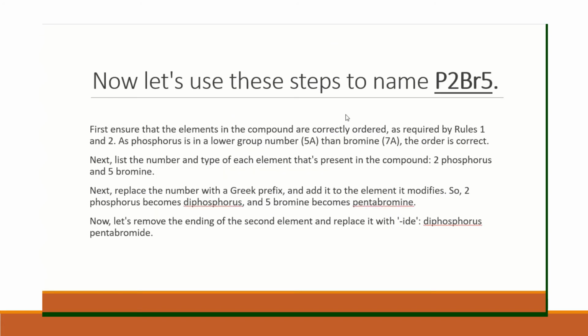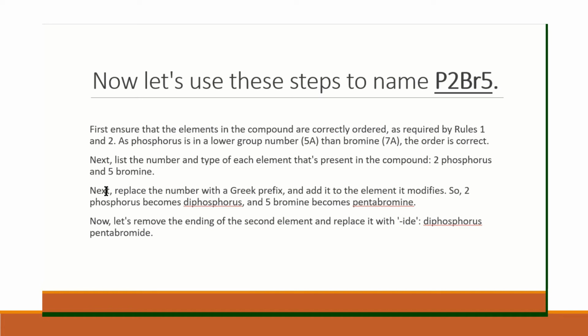Now let's use these steps to name P2Br5. First, ensure that the elements in the compound are correctly ordered as required by rules number 1 and 2. As phosphorus is in the lower group number 5A, then bromine 7A, the order is correct. Next, list the number and type of each element that is present in the compound, 2 phosphorus